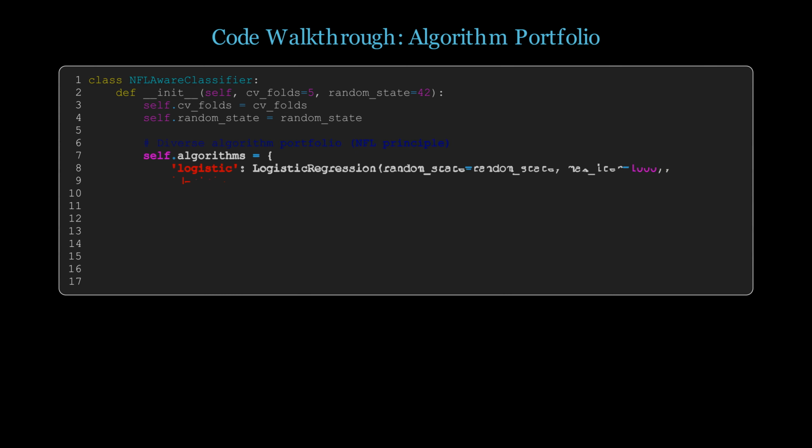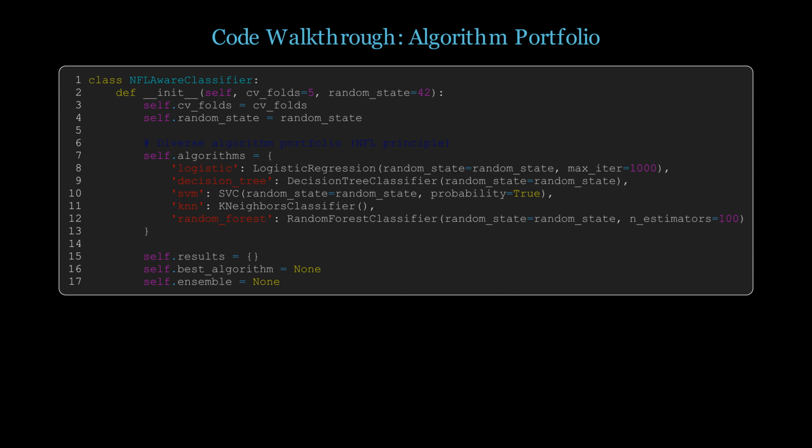First, we define an NFL-aware classifier class. The key insight here is maintaining a diverse algorithm portfolio. We include linear methods like logistic regression, tree-based methods, support vector machines, instance-based learning with KNN, and ensemble methods like random forest. This diversity is crucial because different algorithms excel on different problem types, as the no free lunch theorem